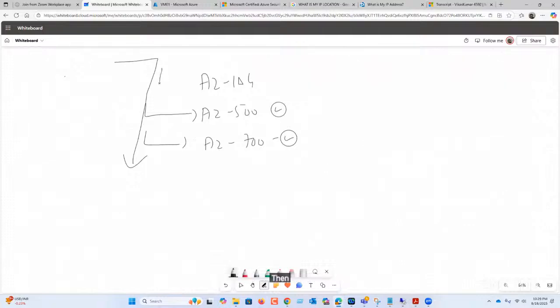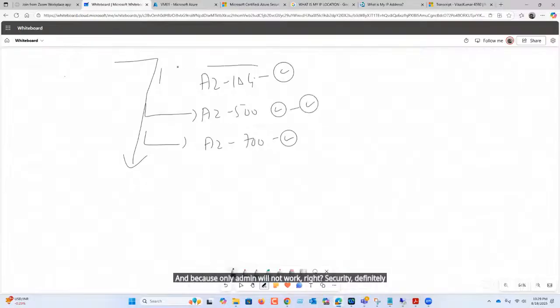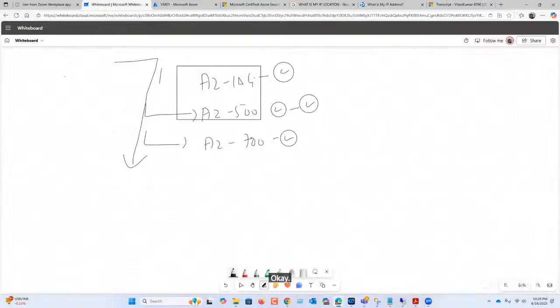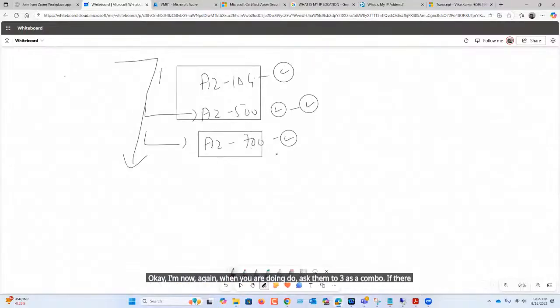Then I think 104 is definitely mandatory for you, because admin alone will not work, right? Security they definitely ask you. So these two are very important for you. When you are doing two, ask them for the third as a combo if there is not much cost. Same concept, but for you these two are important. This one is okay.